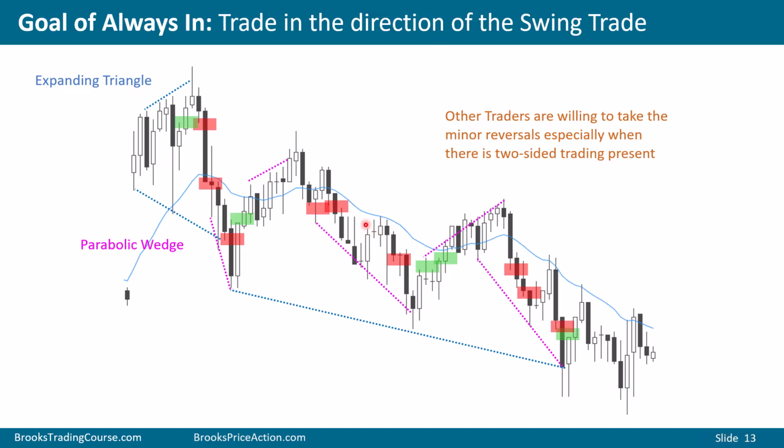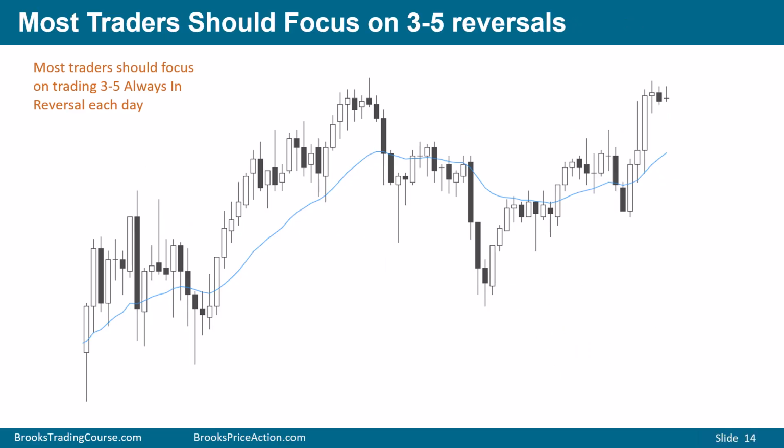Some of those bears might get out on the outside up bar, but a micro channel, probably sellers above. Other bears, they can sell there if they did get out. Bulls, they'll buy here, and then they'll get out below this bar or any of these bars. Some bears will sell again below here if they got out here, and then bulls buy there. So those traders take more of the minor reversals while still focusing on the overall direction. Most traders should focus on 3 to 5 reversals a day. In other words, they should try to focus on the best reversals that they can find.